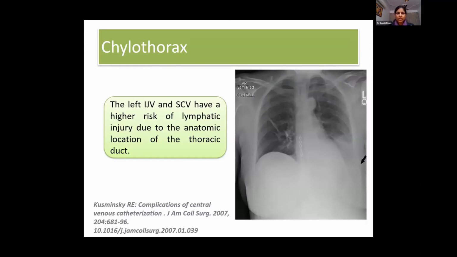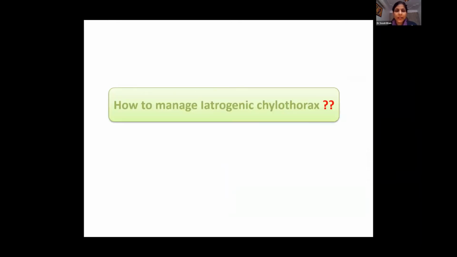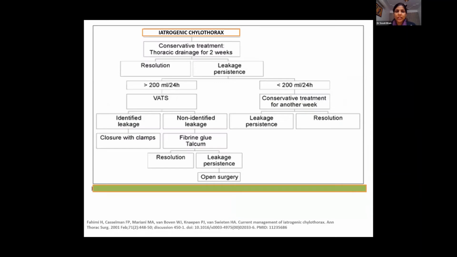Coming to the chylothorax, we see that it occurs most commonly during attempts to place central venous catheters on the left side, left IJV or left subclavian vein, because the thoracic duct is close by. So how do we manage iatrogenic chylothorax? Now, if we suspect that a thoracic duct injury has occurred, we should do